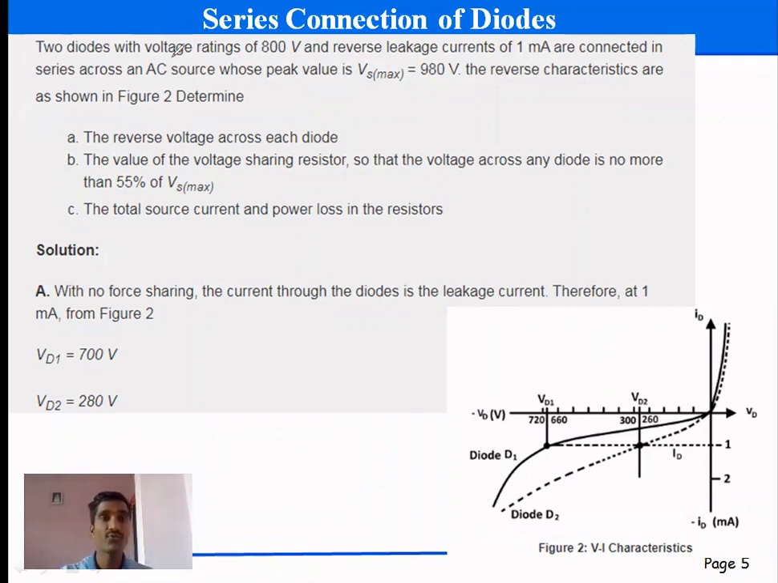Now, two diodes with a voltage rating of 800 volt. Now we have diode D1 and diode D2, and these diodes D1 and D2 each individually have a voltage handling capacity of 800 volt and a reverse leakage current of 1 milliampere, and are connected in series across an AC source whose peak